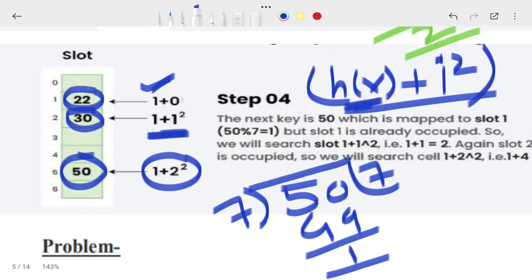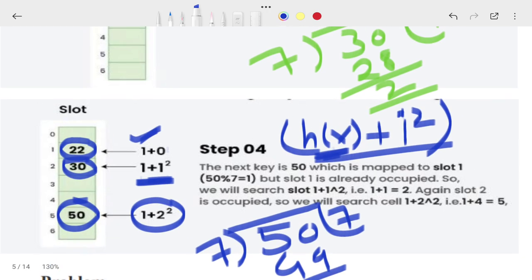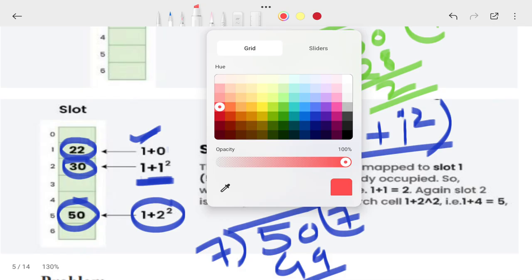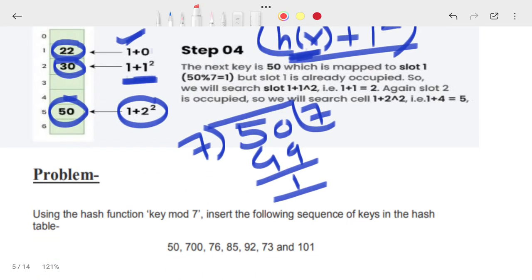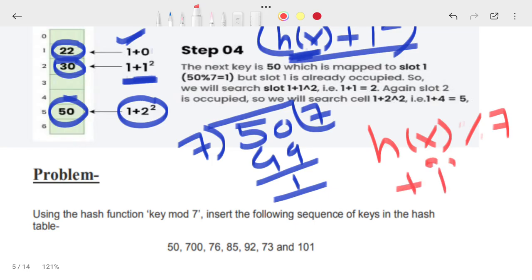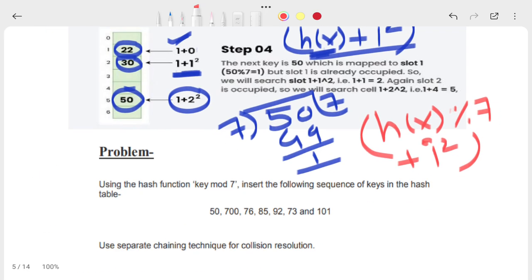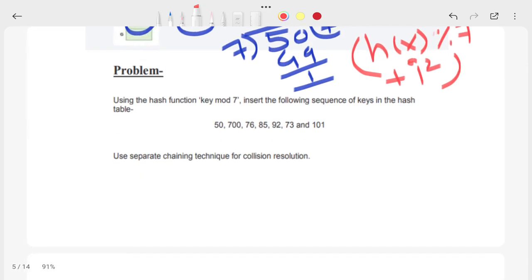Very, very simple. Okay. So what is the meaning of this? I think that you understand. So this formula, how it is working: my h of x, divide by 7, plus my probe value square. Later I will again solve such type of problem. Okay, now suppose